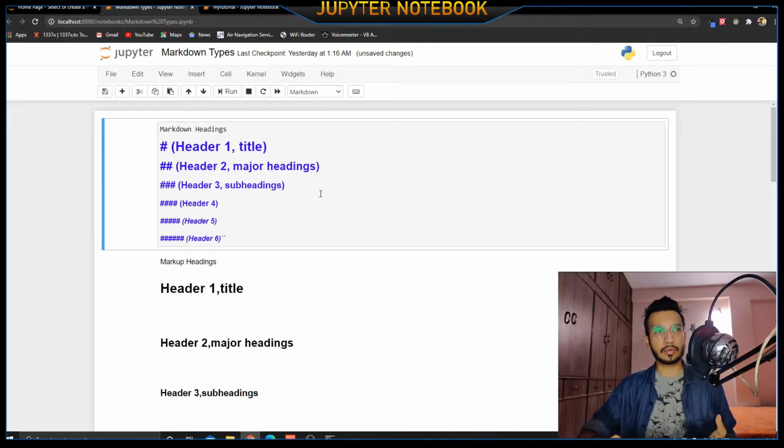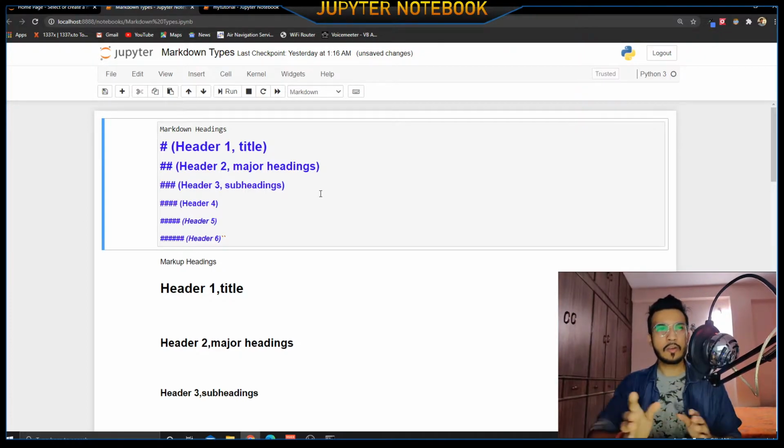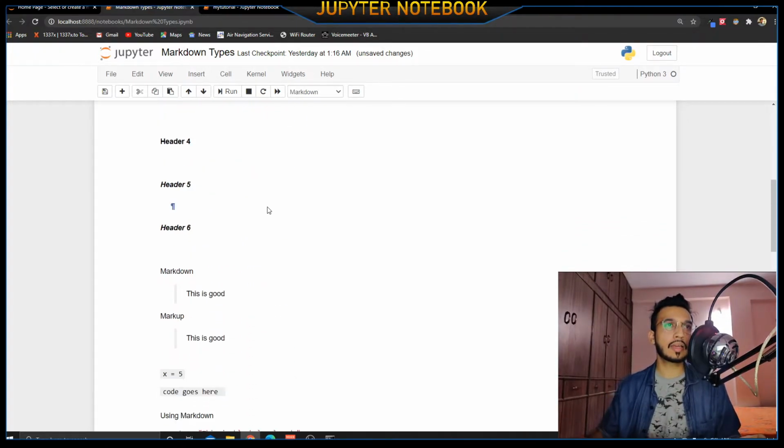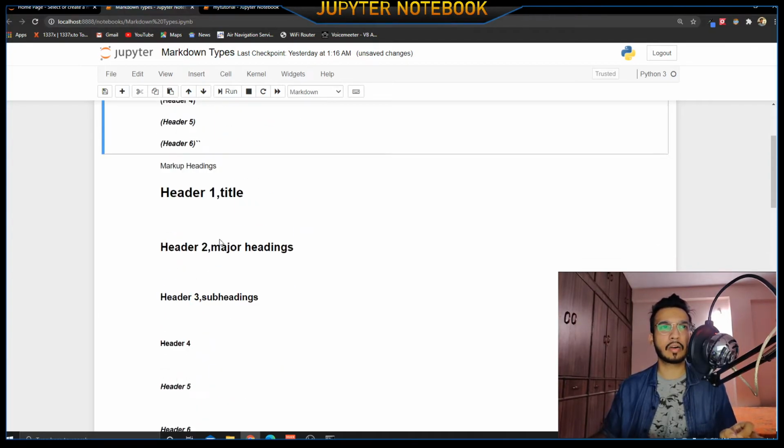If you are not familiar with HTML, you can use the markdown language from the Jupyter Notebook, although it is very restricted to performing only some tasks. For example, for headers, I don't think a lot of things are supported by markdown, but the basic necessities are all done by the markdown tags.